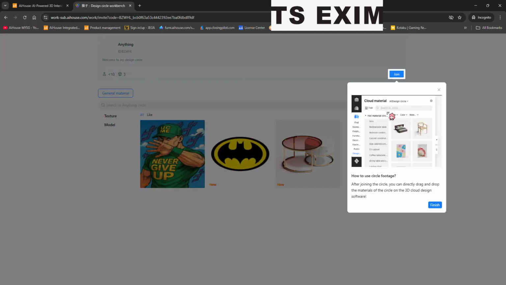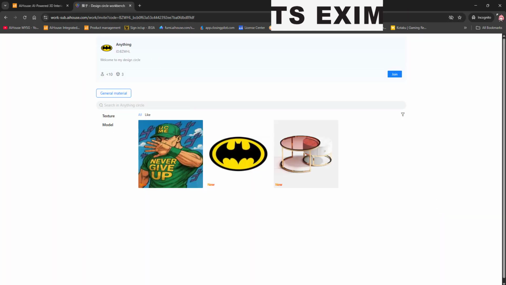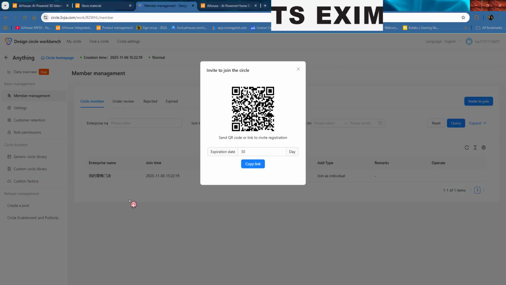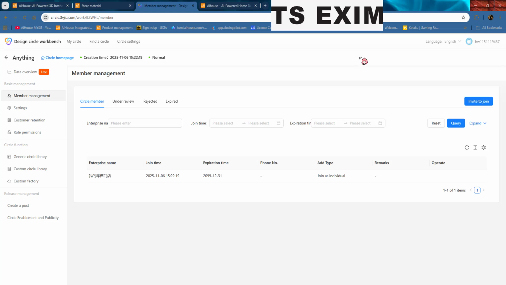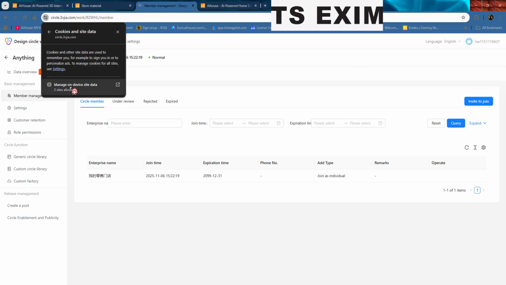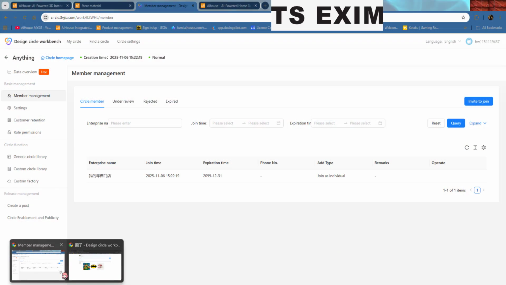Now here's the tricky part. From here, I use incognito. This one is by default. Here I have cookies, and it's allowed already. So for this case, in here